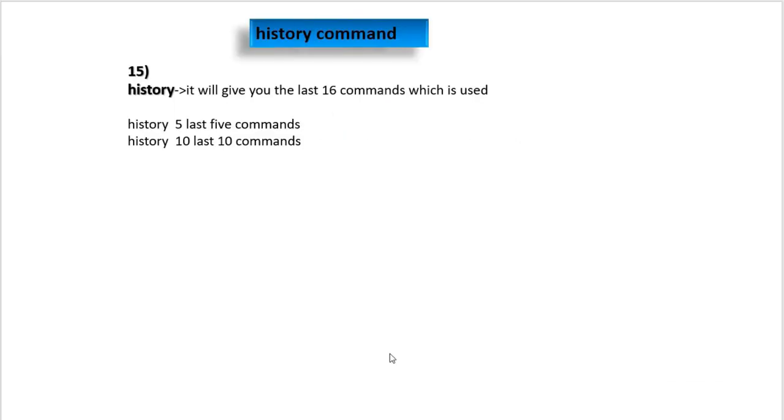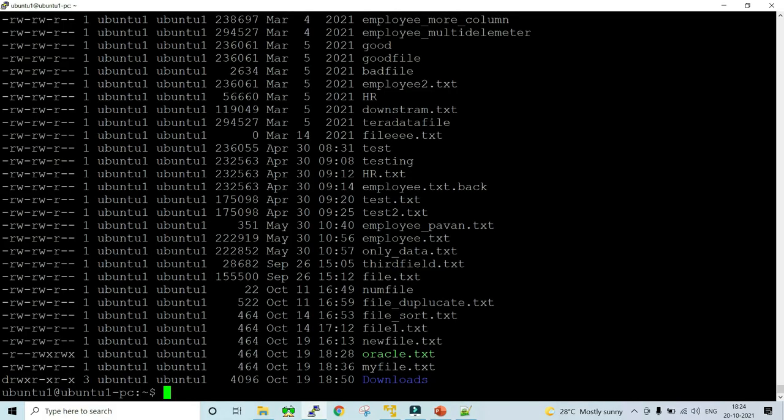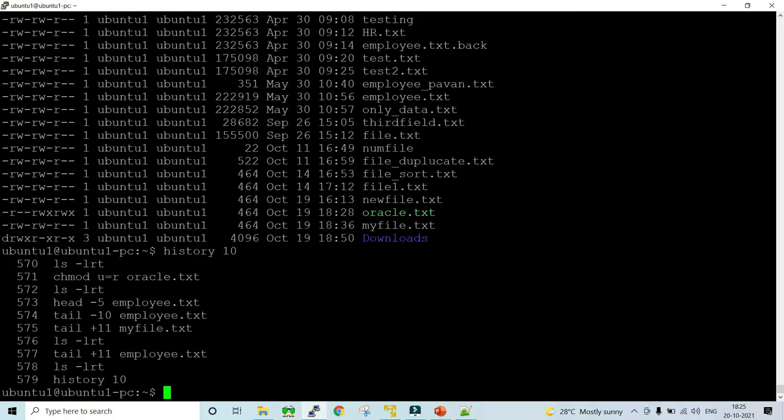Now this is the last command that is also useful, the history command. Let's suppose I have a requirement to see the last 5 or last 10 commands that we have run. Then we can use the history command. This history command is useful for admin purposes. If the admin wants to check which commands a user ID has used in the last 10 or 20 commands, we can run the history command. Now let us run history, and I want to see the last 10 commands that I have used. So these are the last 10 commands that we have run over here.